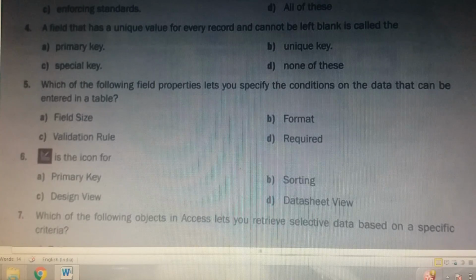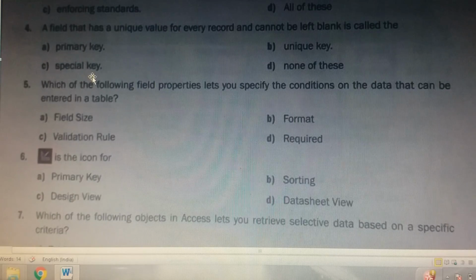Harsh can be many students. So which is the correct option? The primary key. Clear? Your roll number will always be unique. No two people can have the same roll number. So primary key is the key which has unique values.